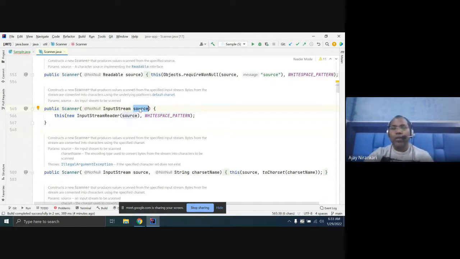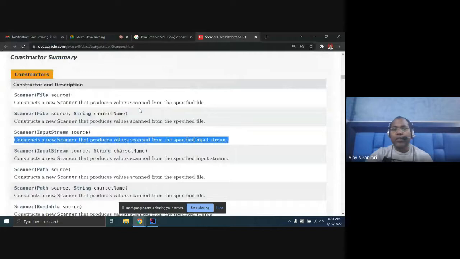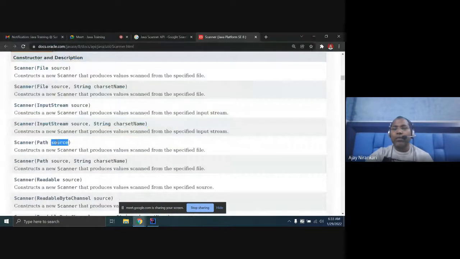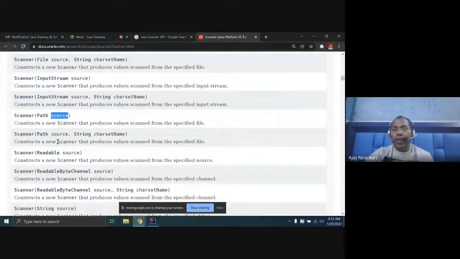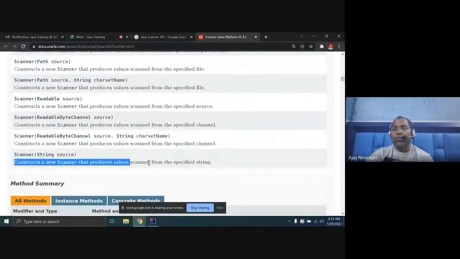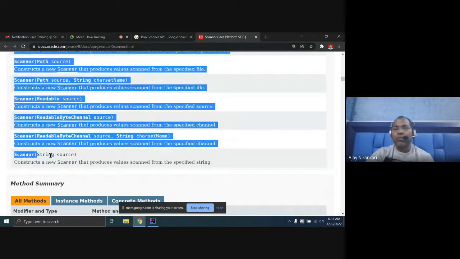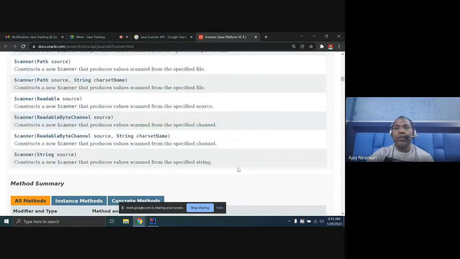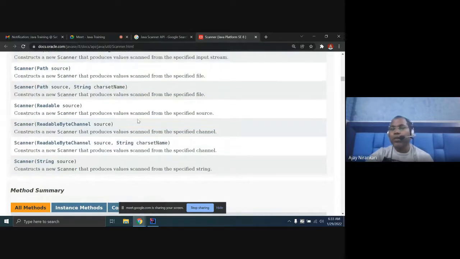Here is the list of constructors, one, two, and here you can see path. This is the source we are currently using. Even Scanner with a string is allowed, so Java 8 also allows it. This is the API of Java 8, a complete documentation of what constructors this class supports, and similarly what methods there are.